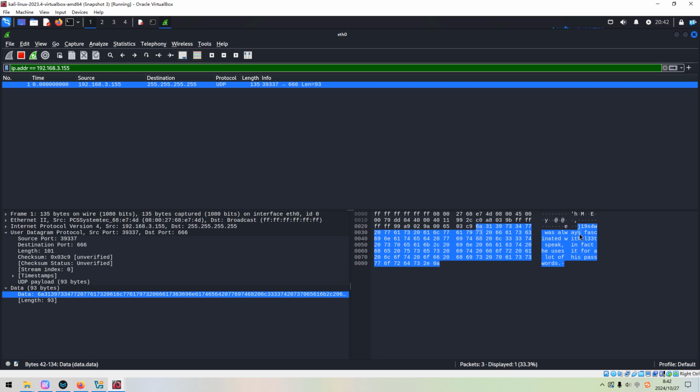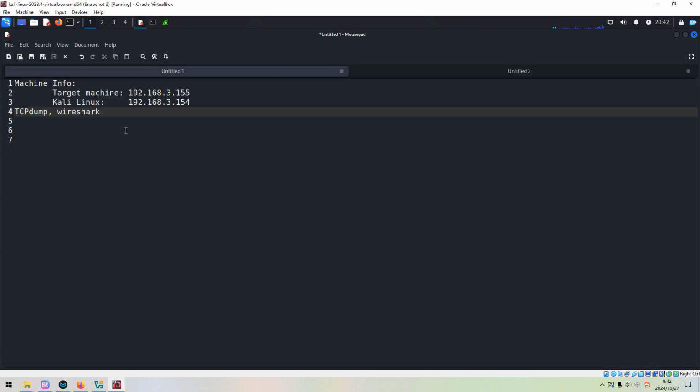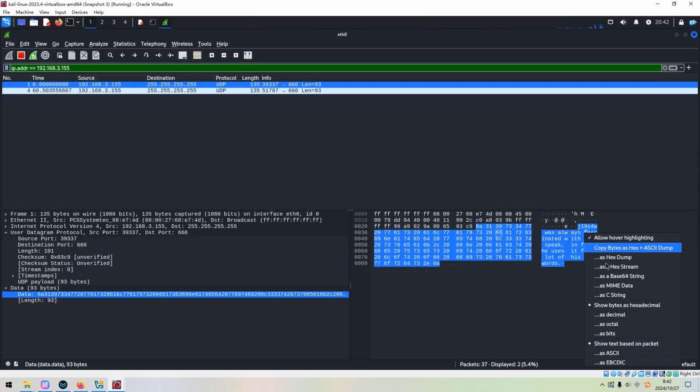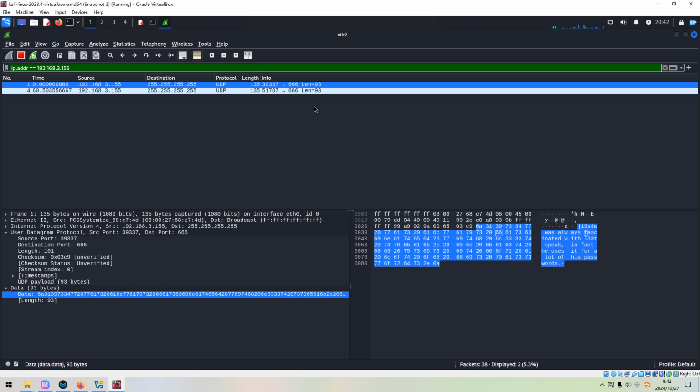Okay, and actually, this information itself tells us two things. First one, we need to connect to port number 666, and also we need to supply some data. In this case, it would be this one. Maybe we can note down the information.